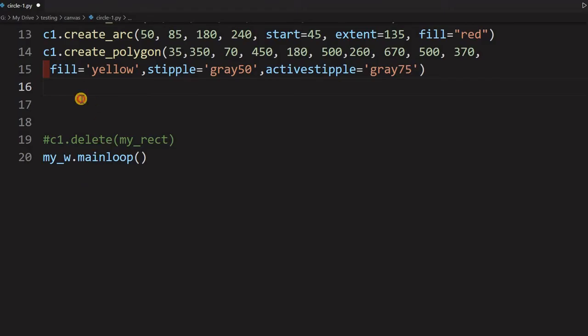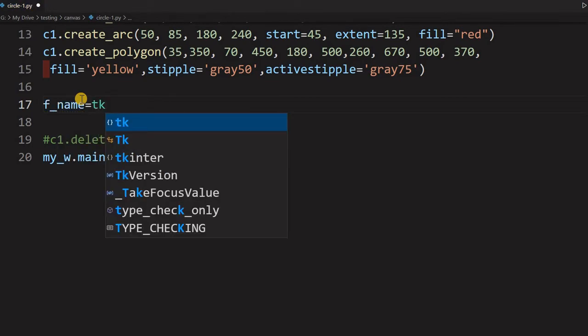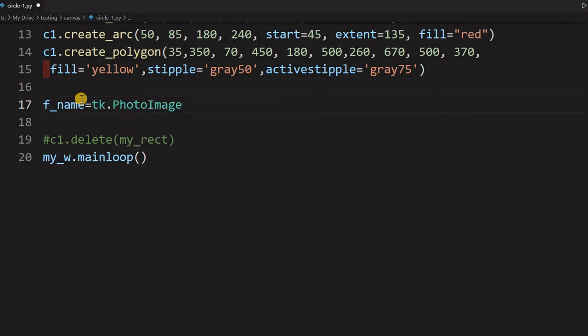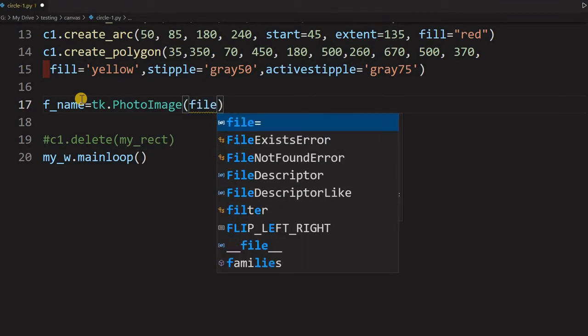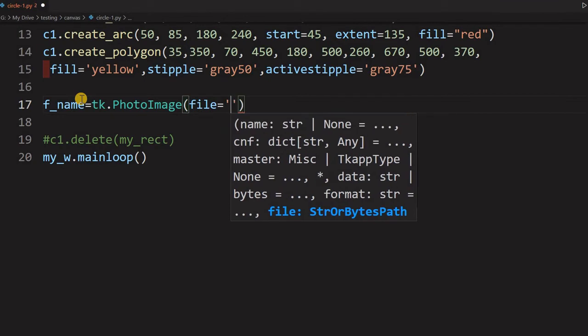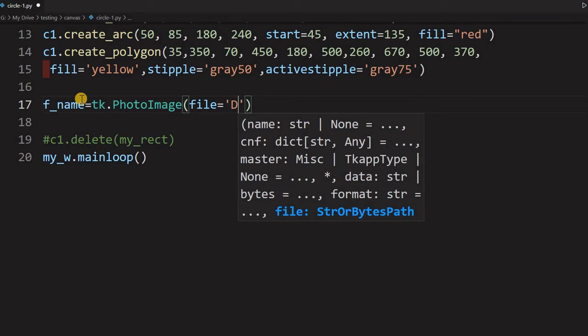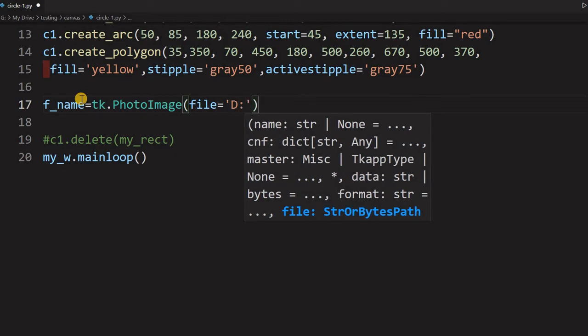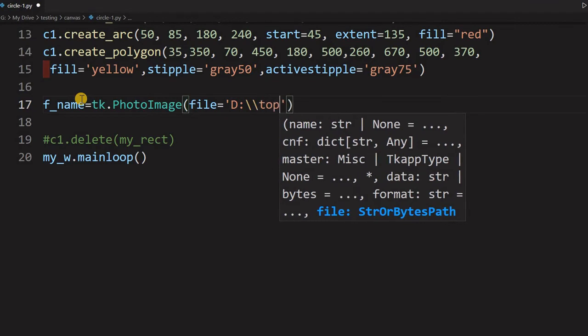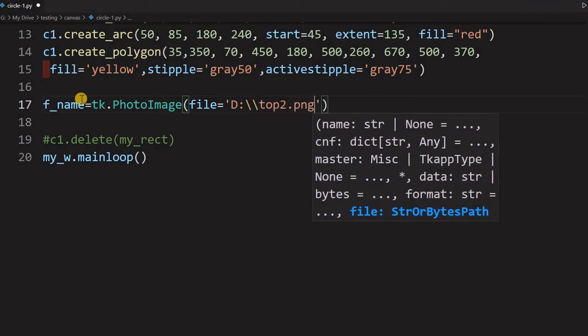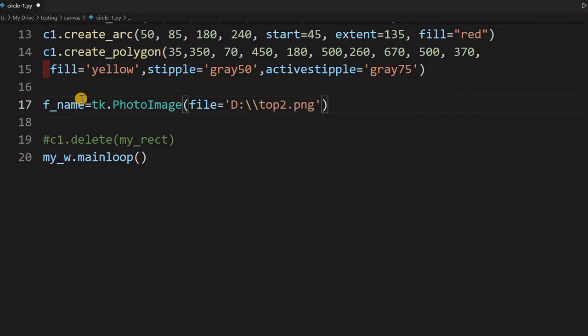Now we'll try to place an image. First we'll connect to the image file. So fname equal to tk.PhotoImage. This is a PNG file, so directly I can connect it, but there will be a different way for a JPG. We have already discussed how to handle the JPG. We'll see that also. The image file that I have downloaded, I placed in my D drive, so I am giving the path there, ending in .png. Fine. Now my file is connected and a file object is available.